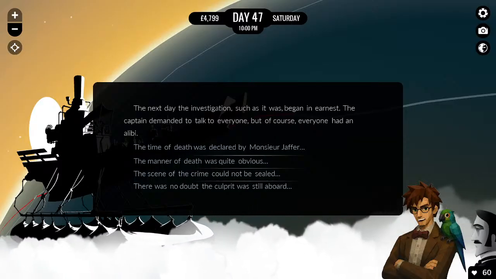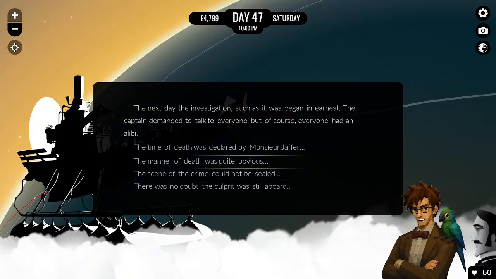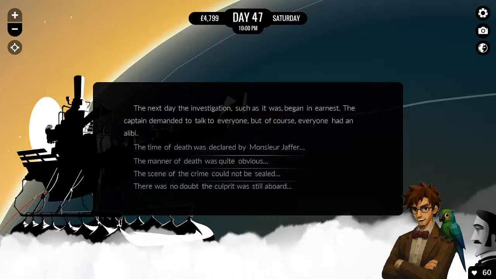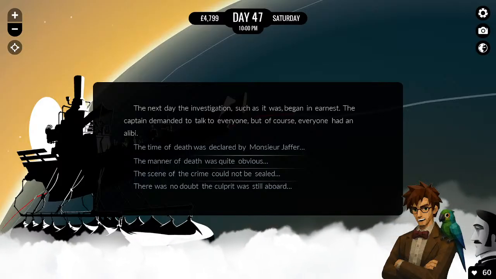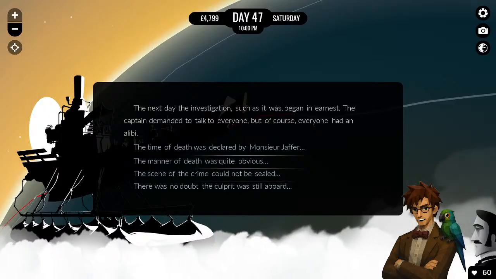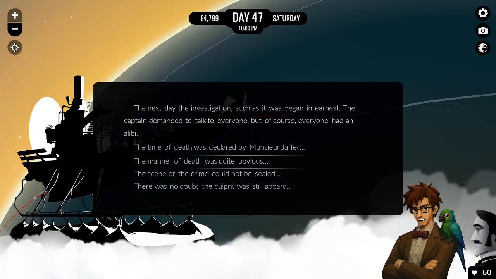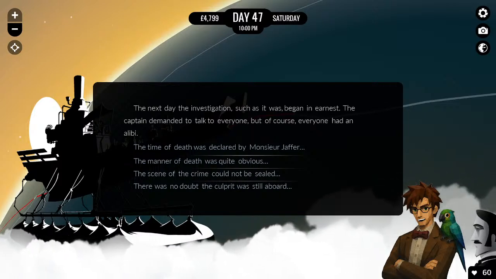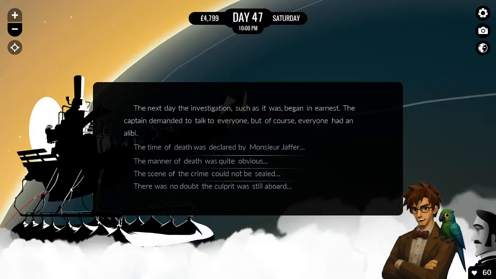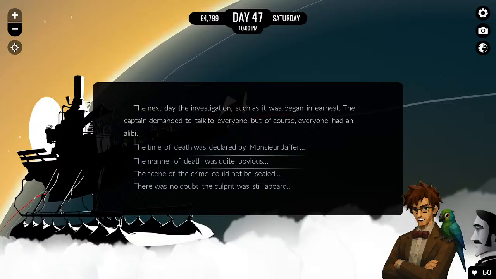On that note, we're on day 47 of circumnavigating the globe. We've been doing a really good job. This is I think one of my fastest runs on this game so far. I say so far because anything could happen. We could get delayed or waylaid or sent off course. But we are taking an experimental hovercraft from Yokohama in Japan all the way to Honolulu, and we're about halfway